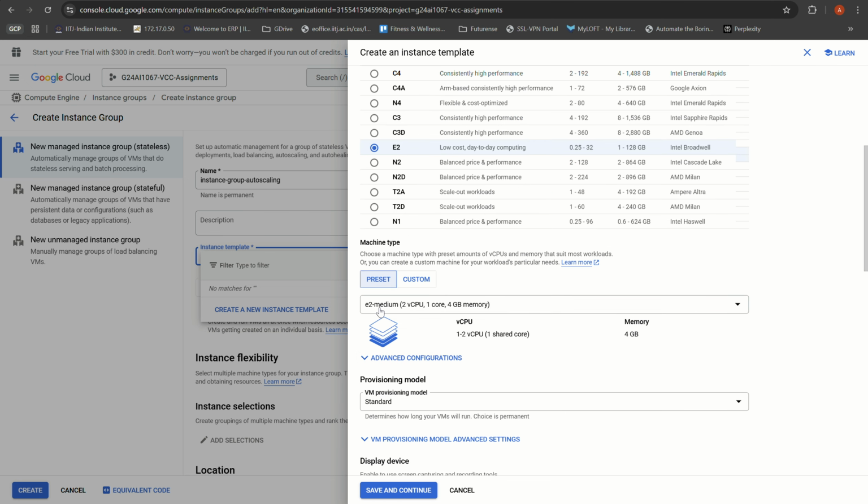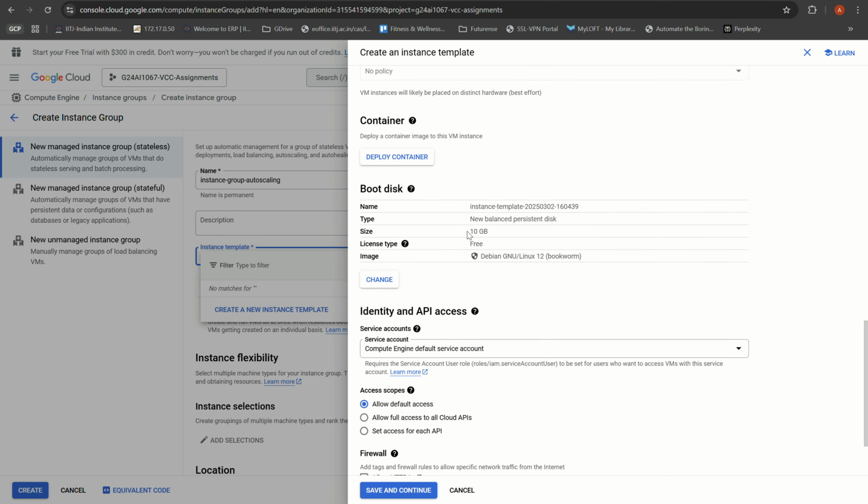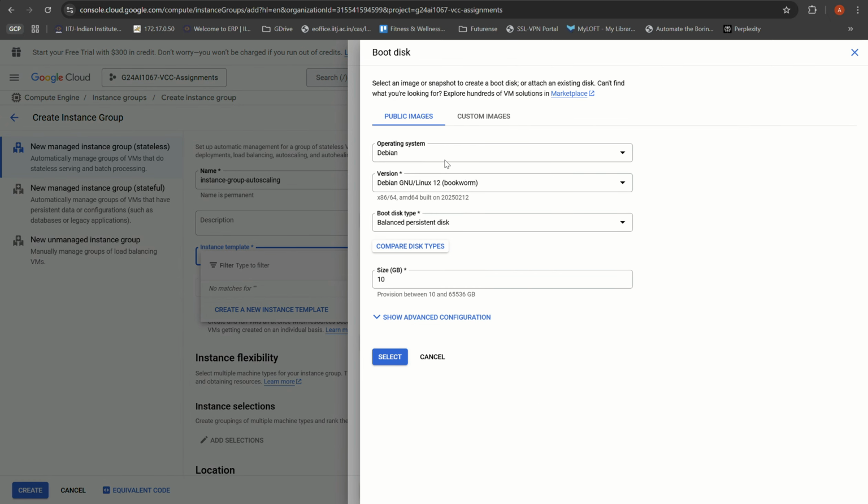And here, whenever this group creates a virtual machine while auto scaling, it will automatically create or delete machines, which will have the E2 configuration with all the details that are in this template. So we will allow these parts, and here I will change